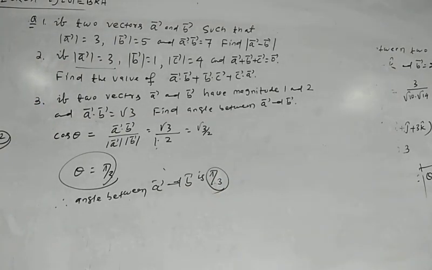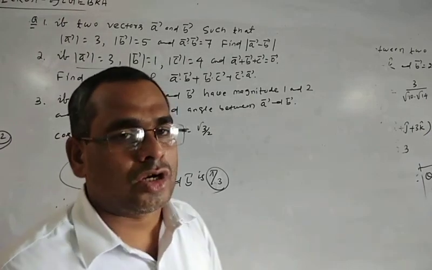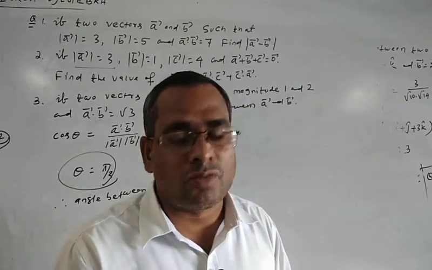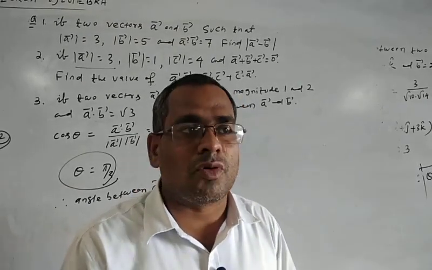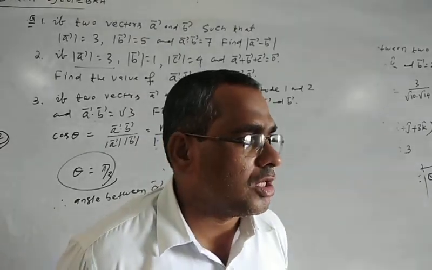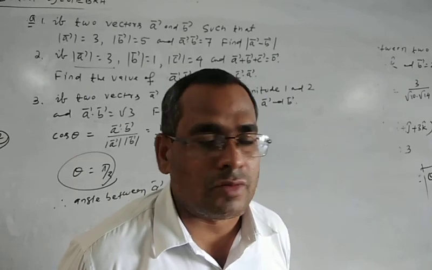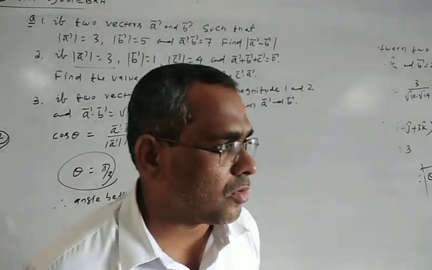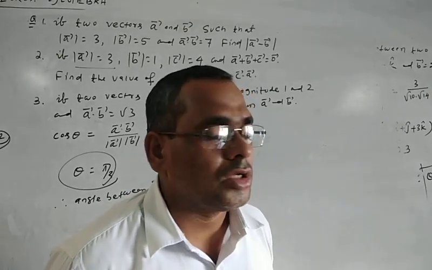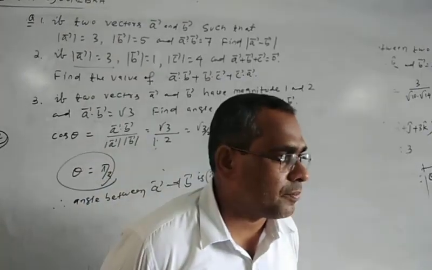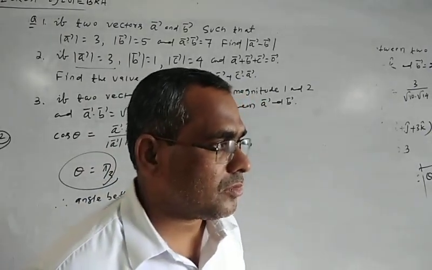So these are all about dot product: how to determine the dot product of two vectors in component form, and what is the angle between two vectors. What is the condition for two vectors to be perpendicular or orthogonal? That means the dot product is 0. A vector perpendicular to B vector means the dot product is 0. Using the concept of dot product, you can do the exercise of vector, second exercise, question and answer, of the second chapter.